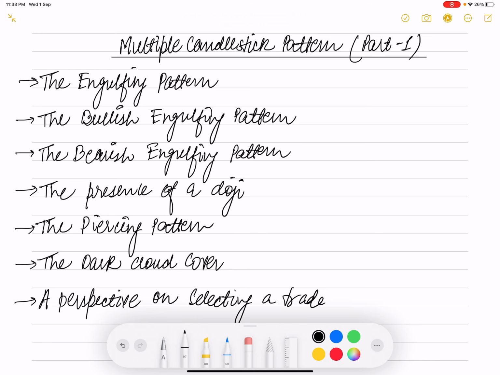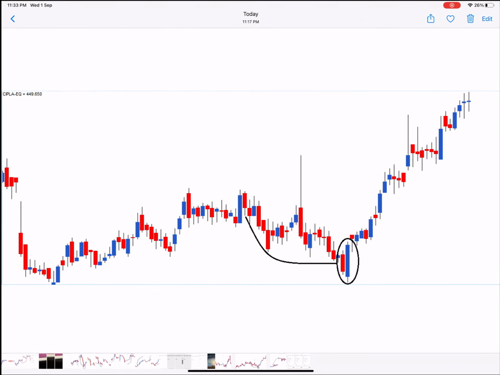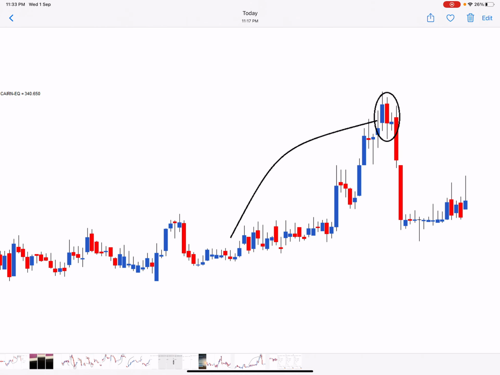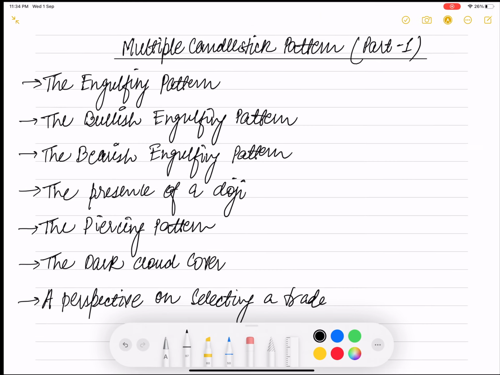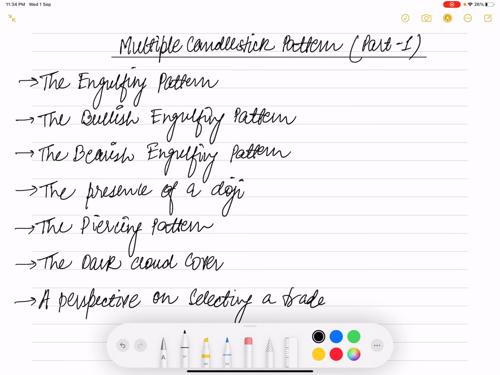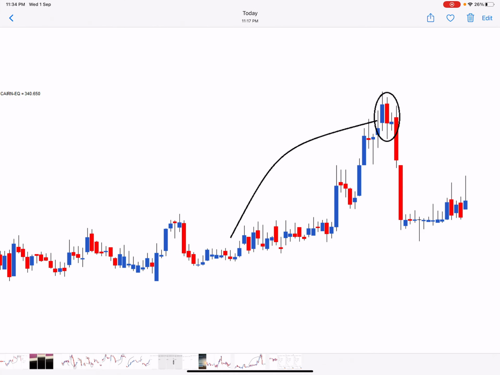Take a look at the chart. You can have a look at this chart, and the two candles that make up the bearish engulfing pattern are encircled here. So you will notice, to begin with, the bulls are in absolute control, pushing the prices higher. On P1, as expected, the market moves up and makes a new high, reconfirming a bullish trend in the market.